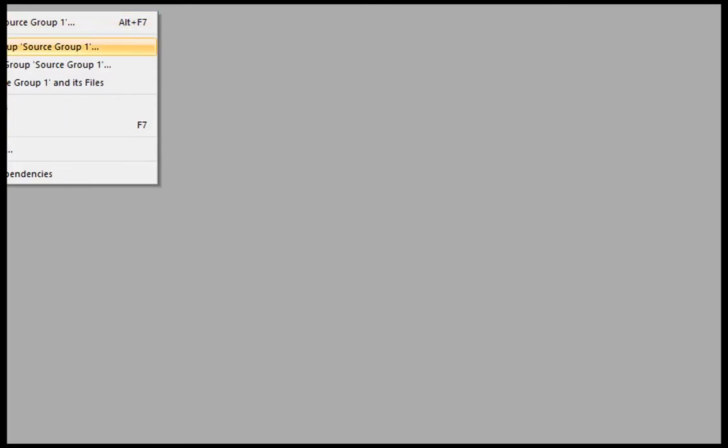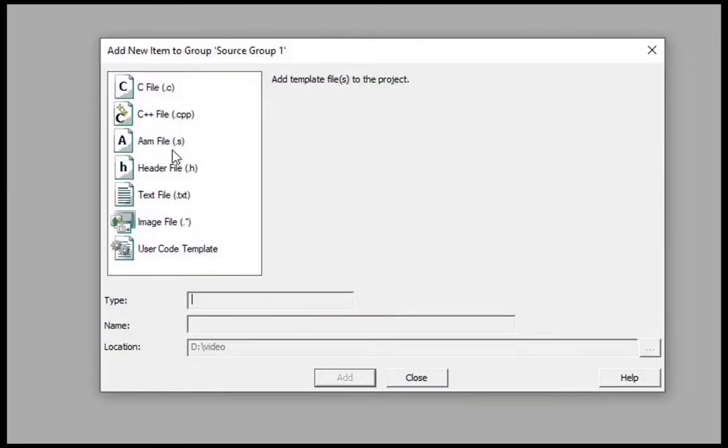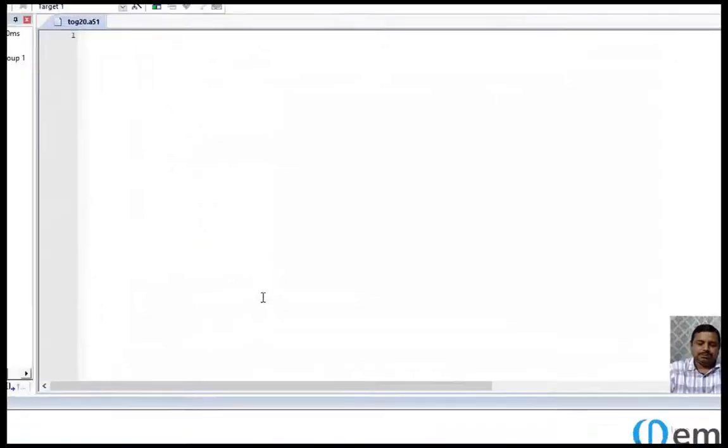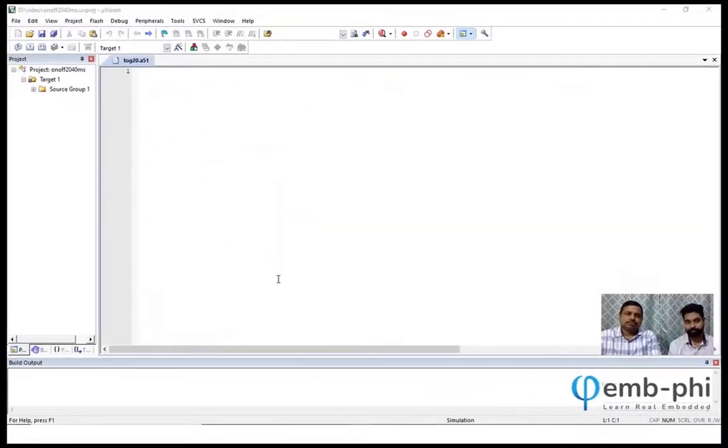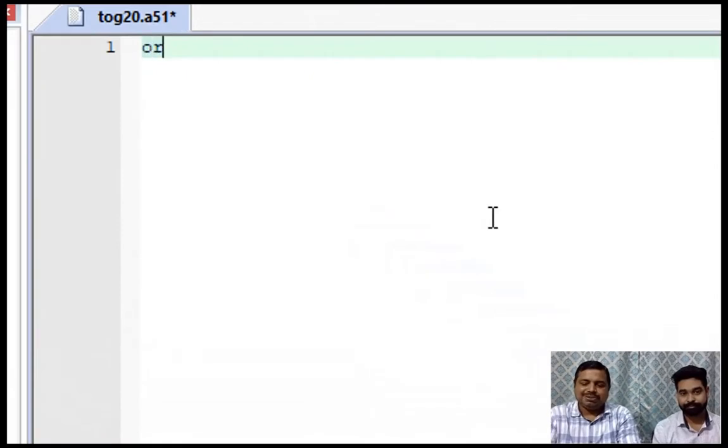Then we can say the ASM file, and maybe name it toggle 20. Let's start writing the program.